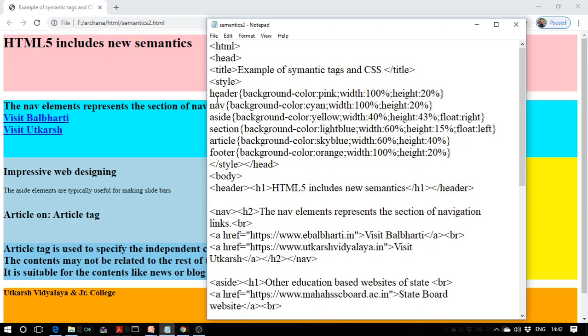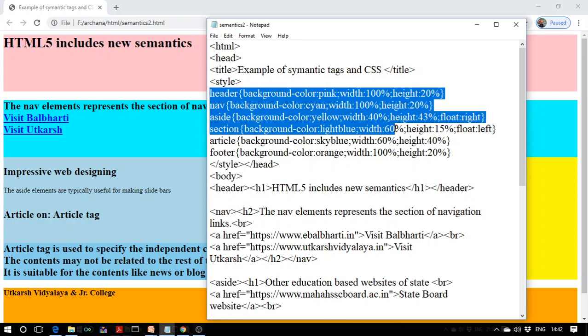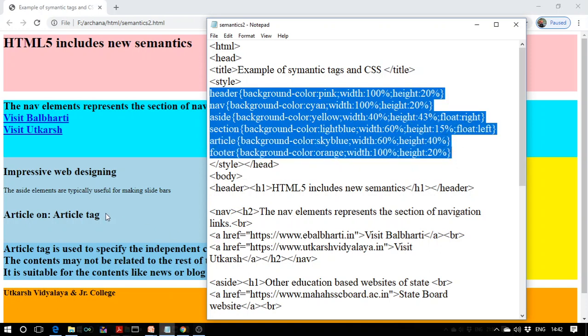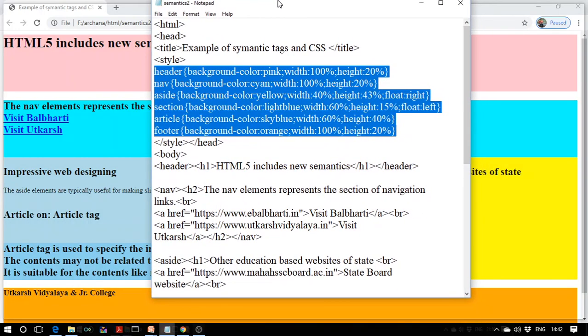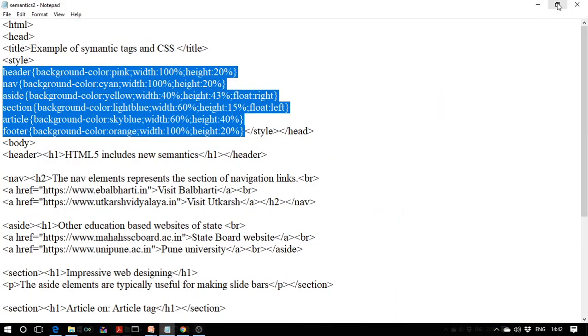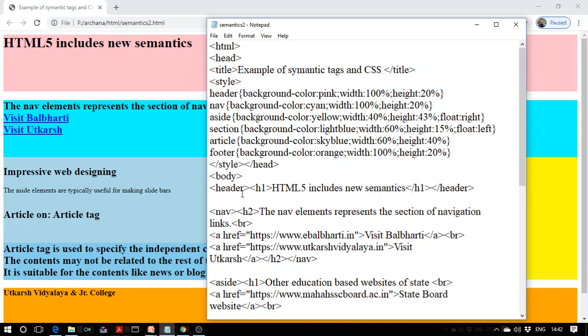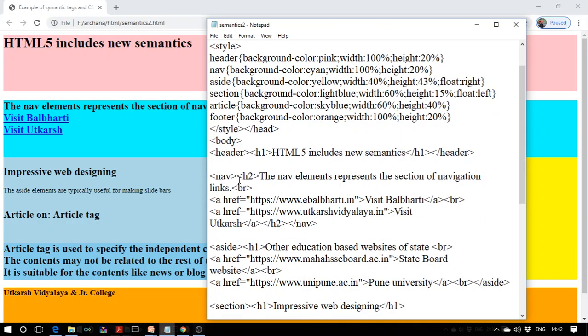Okay. So first of all, we have to set all the properties for all these semantic tags. Next, see how we have implemented it in the body section. Now in the body section, the first part is the header. So I am going to use the tag header.